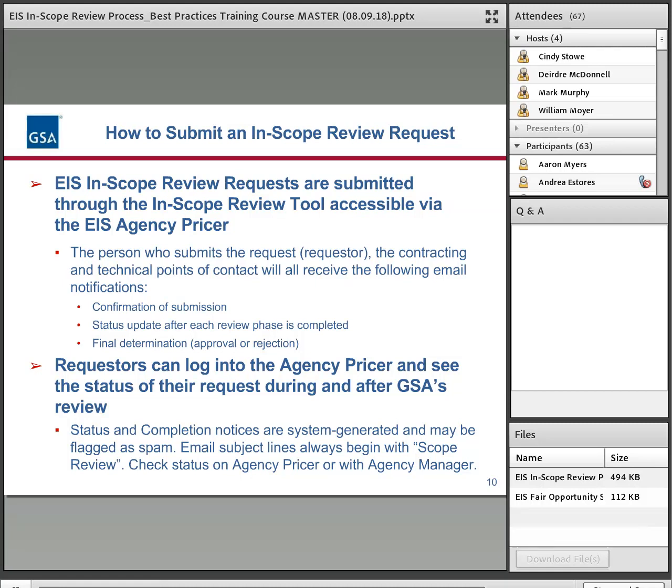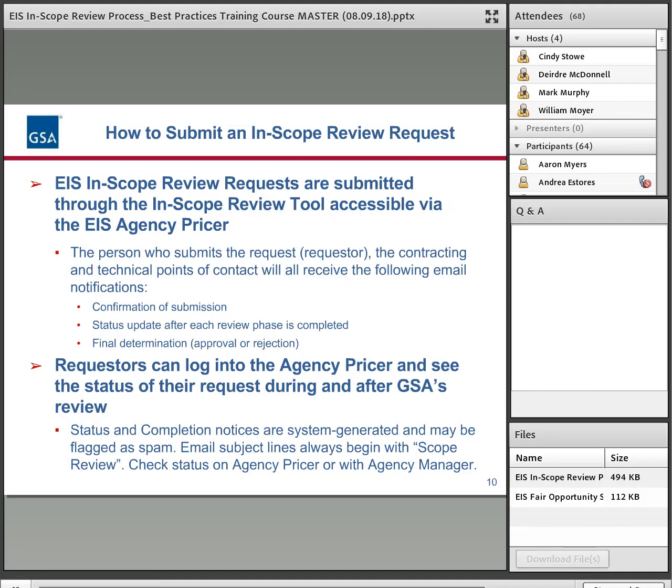So it's important, if there are other people that need to be informed, that the requester notifies them, because currently they will get all the correspondence. We are adding more fields there so that other people can get information back on the status of the solicitation.